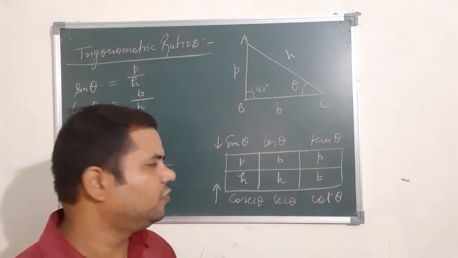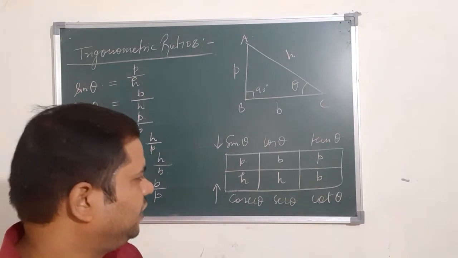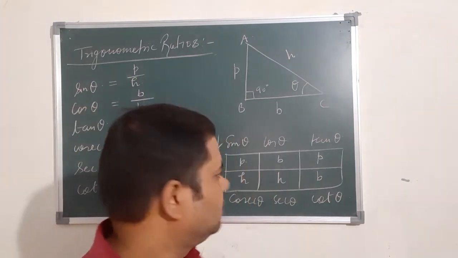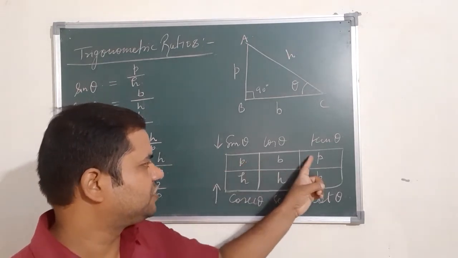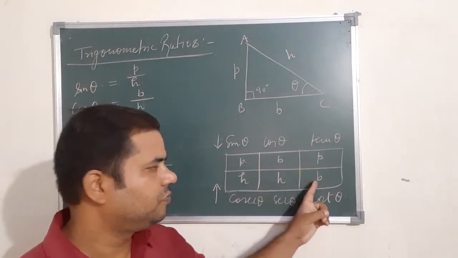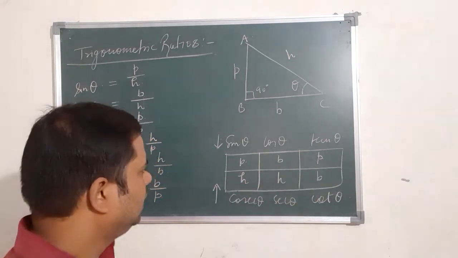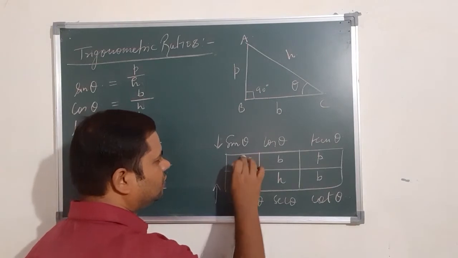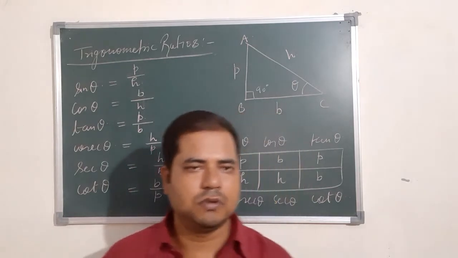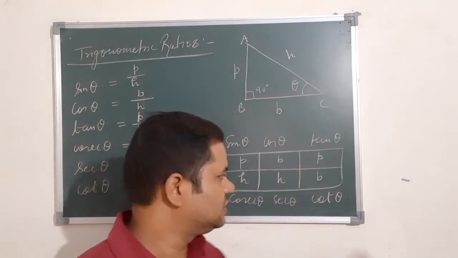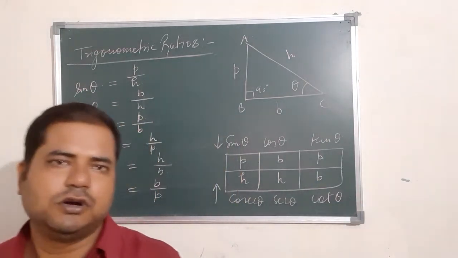And in some books it is given as P, B, B, H, H, B. To learn it in a very simple way: Pandit, Bhola, Prasad, Har Har Bhole. Listen, Pandit, Bhola, Prasad, Har Har Bhole. One more thing is there, but I am not telling it here because this is not good for a video class. So this is very easy: Pandit Bhola Prasad, Har Har Bhole. Okay, so note it down.